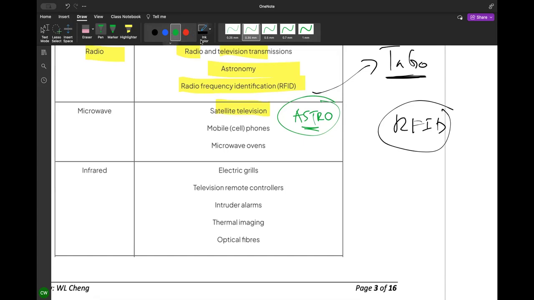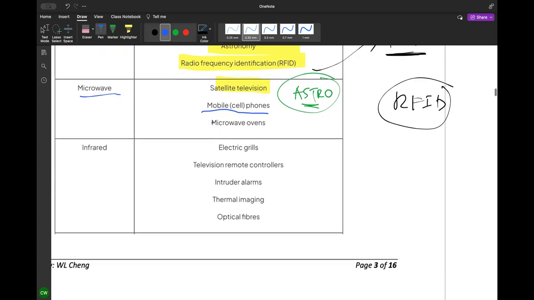Okay, not bad. Okay, so your phone is microwave, ovens, microwave. But now very few people use an oven. Do you have an oven at home? Microwave oven, you have. What is the working principle for a microwave? How come you put the food in, the food will be cooked? How does it cook the food? You know?